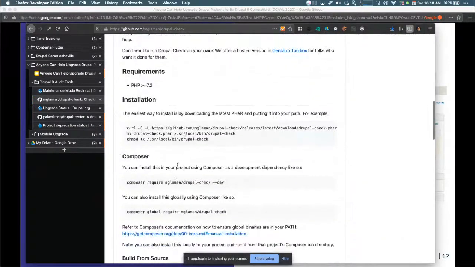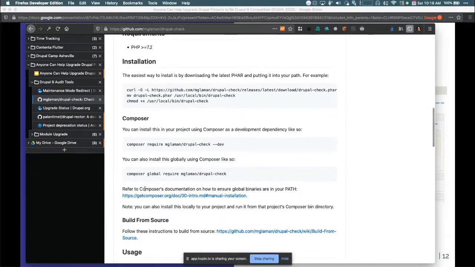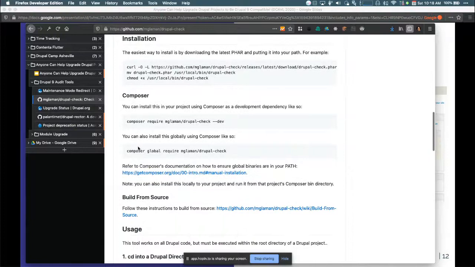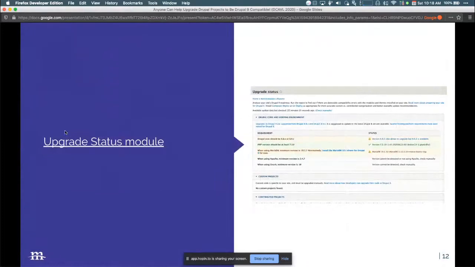And it has lots of information on installing. I actually installed it globally, so I can run it from anywhere. So I follow those instructions. It does require that you have Composer, which is a PHP tool, on your machine. And it even talks about how to install it, it has the links here, at least to Composer, so you can install that on your machine. But let's take a look at our next one here.